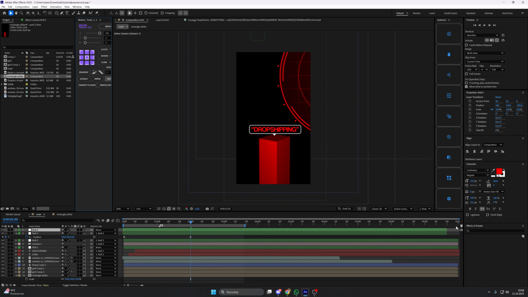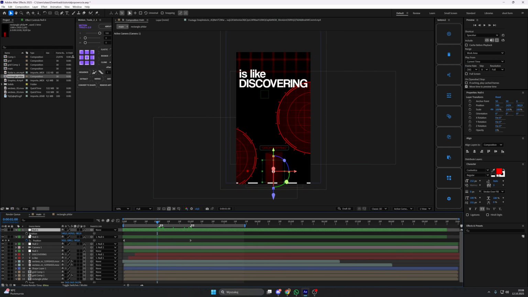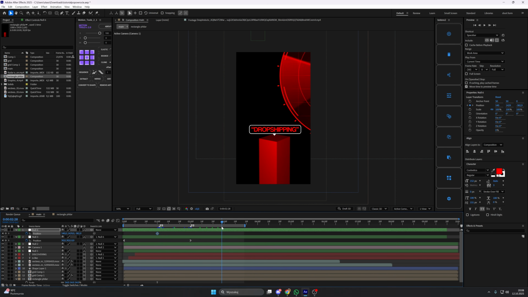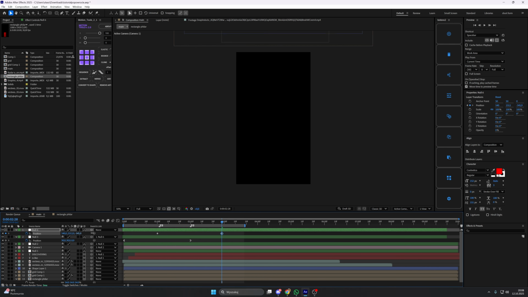Let's add new null. Let's create mark right there. Let's go to position. First keyframe maybe here, second keyframe maybe there. Okay, so it's going there. A bit of zoom as well. Yeah, down